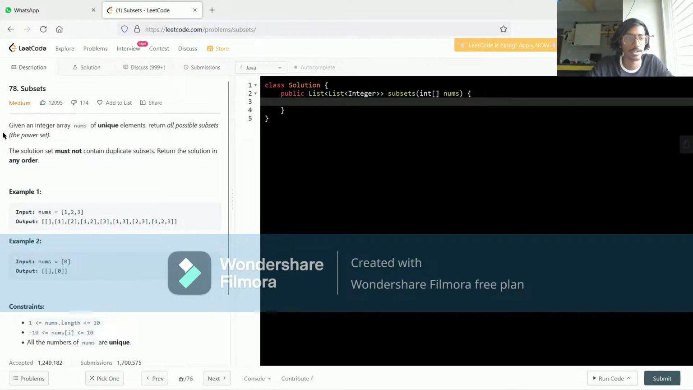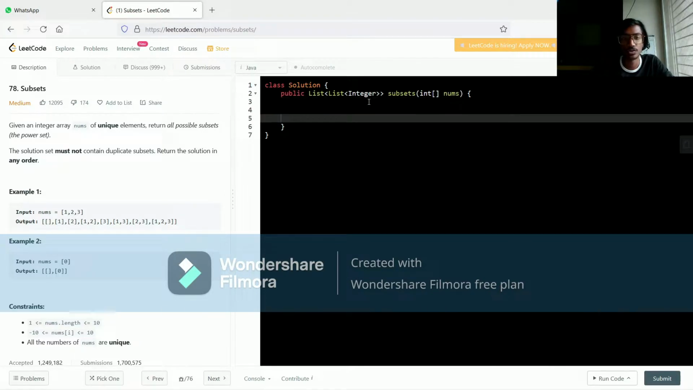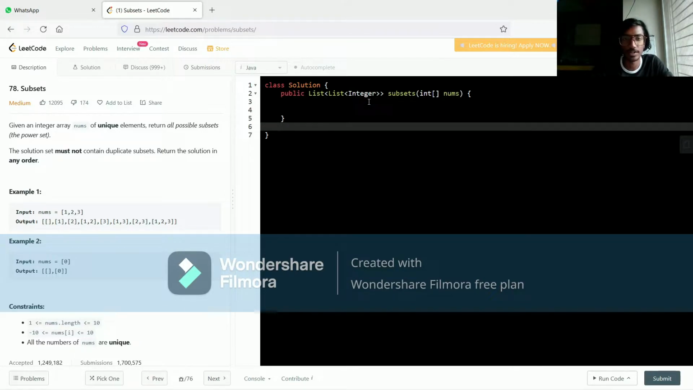Given an integer array nums of unique elements, return all possible subsets, the power set. The solution set must not contain duplicate subsets. Return the solution in any order. What they're trying to say is you have to return all the possible subsets. So for example, let's consider the array